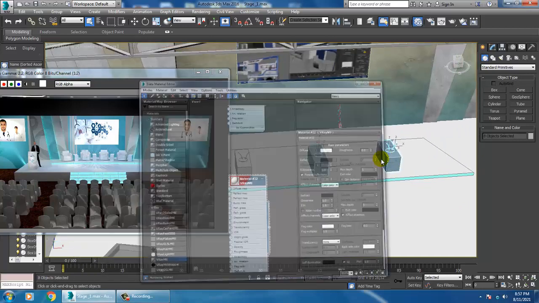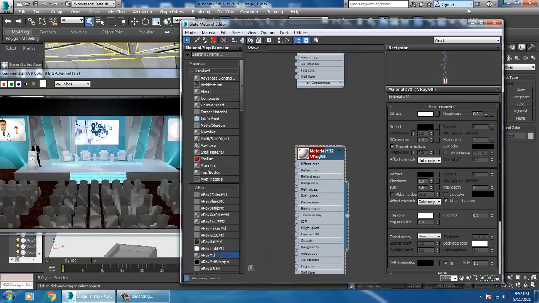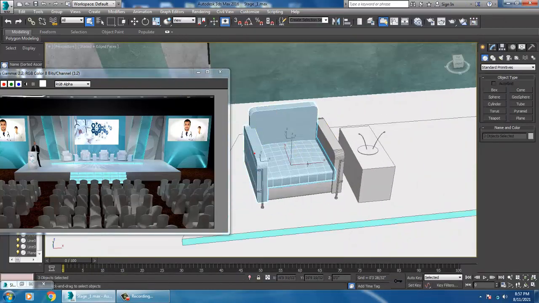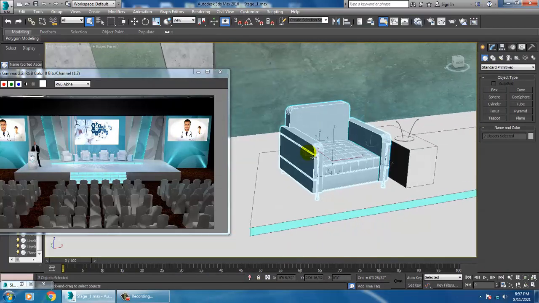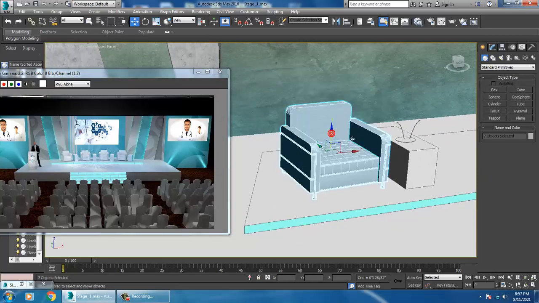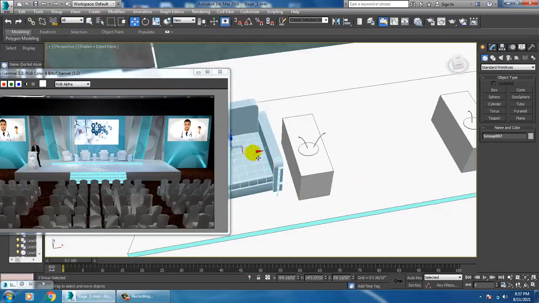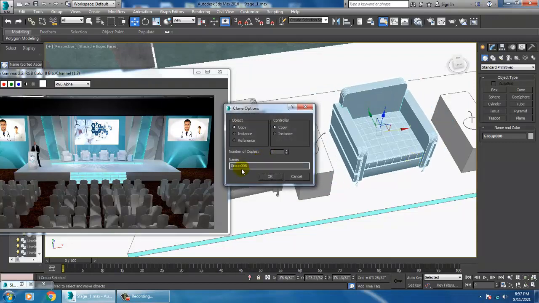Let's go into material and assign that. After that, select this whole thing, select this, and let's just group it again, and duplicate that over here.